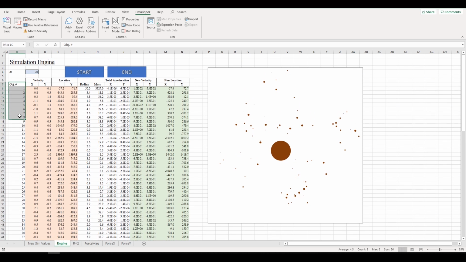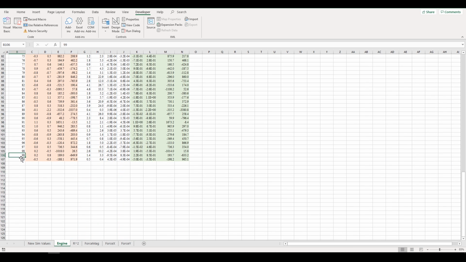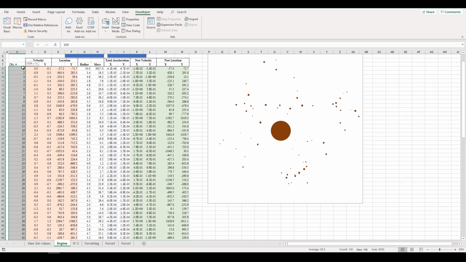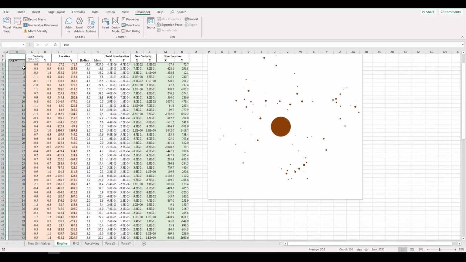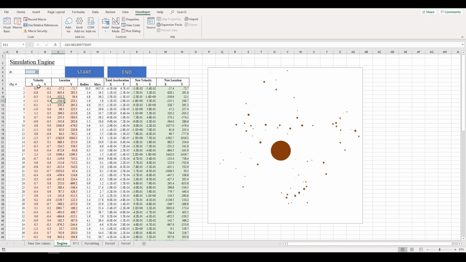Now, what we've done here is we've actually got 100 objects. So that's not too bad. I mean, in C++, you could probably get about 2,000 objects before the simulation starts screeching to a halt. But with 100 objects, it works pretty nicely in Excel. There's no significant delay from pressing the right arrow key, as I've set it up, to forward the time step, to seeing the results happen in front of you. So obviously it's not going to reach the speeds of a programming language, but for what this is, a very visual way of seeing your calculations,